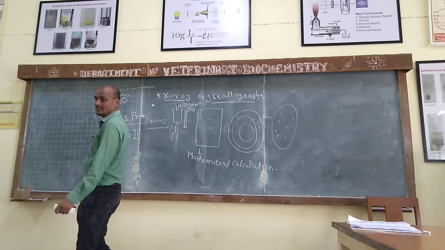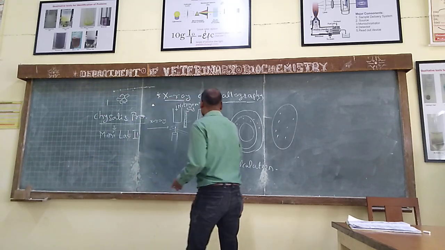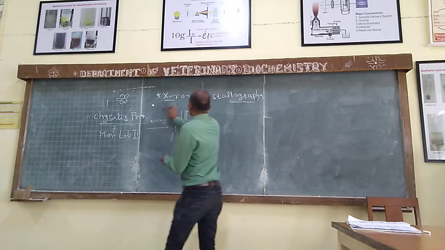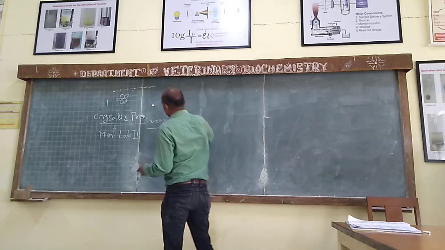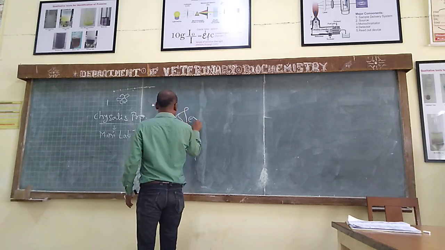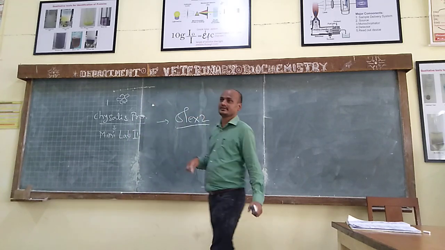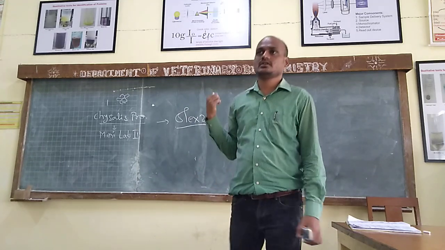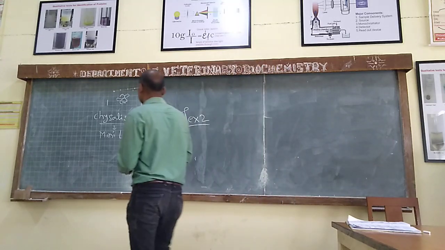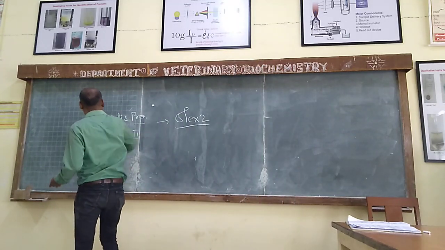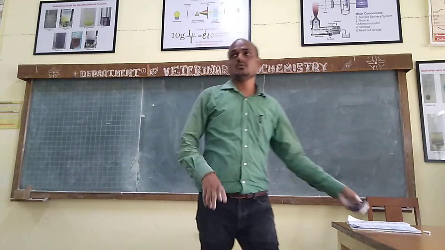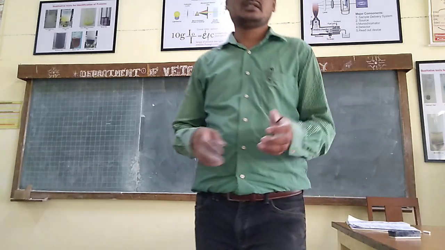Now this electron density map came. So what to do with this electron density map? This has to be analyzed by the OLEX2 software. So these are different softwares. This is basically a very basic introduction to X-ray crystallography: how X-ray crystallography works and how its three-dimensional structure is determined, right?